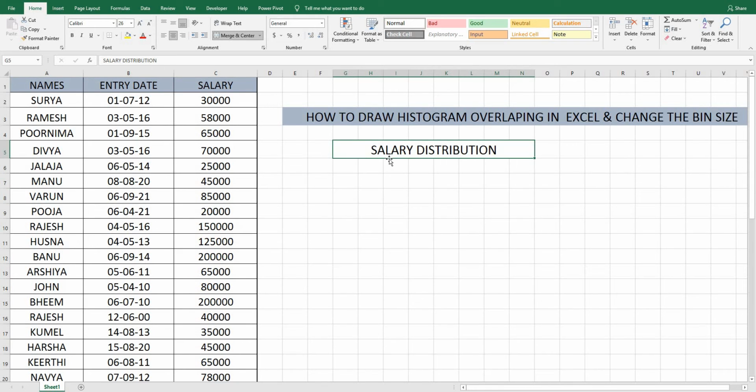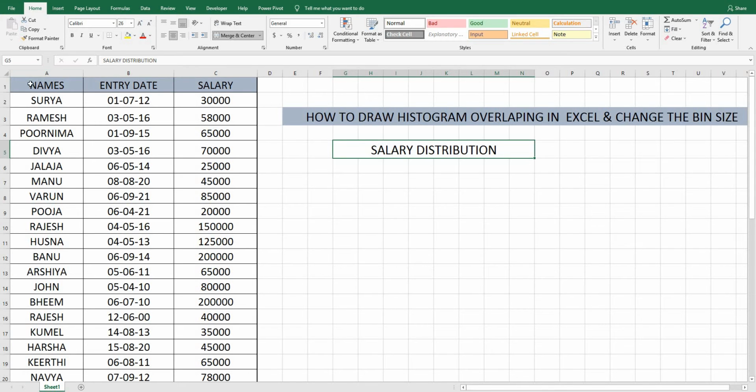So in this case we are taking a look at salary distribution. We have specified the three groupings here and we can quickly tell that 20 people fall into the 30,000 to 70,000 salary range. And we have two people that earn less than or equal to 30,000 and one person earning more than 2 lakh. Let's start the practical.